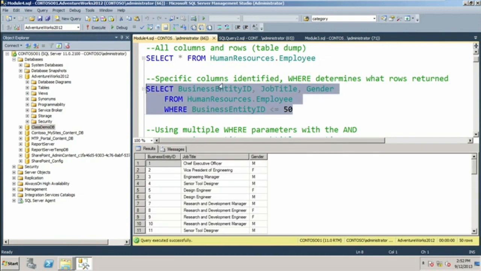Here's our business entity ID, here's our job title, and here's our gender. Now if we scroll down, we should see business entity ID 1 through 50. And I just hit bottom, and you'll see over here,